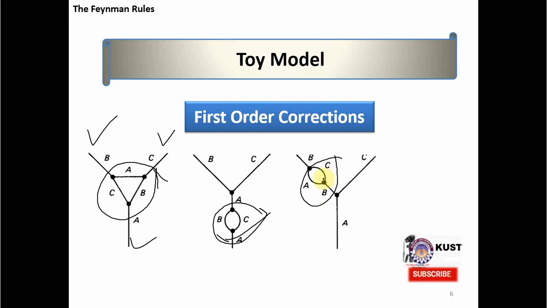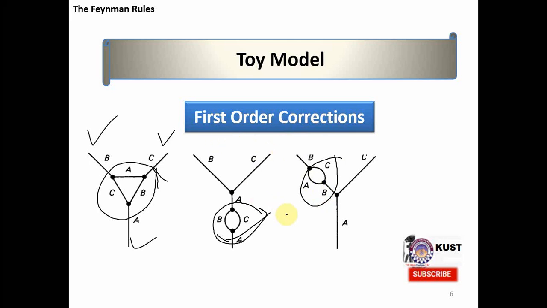Because if you think about how many possibilities there are for these diagrams, you would say that there are an infinite number of possibilities. Why? Because these are just the first order diagrams. Now you can have another loop over here, or even another loop over here, or even an infinite number of loops over here. But the good thing about such loops is that this first order loop will have some contribution, but when you have two loops, it will have lesser contribution. So the more loops you have in diagrams, the less they will contribute, which you can easily neglect.